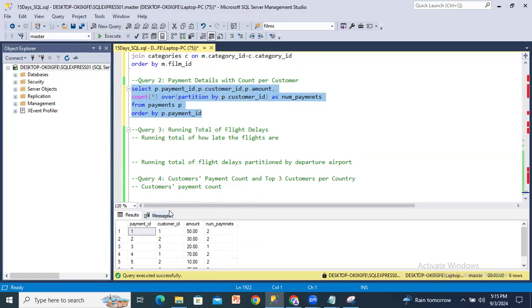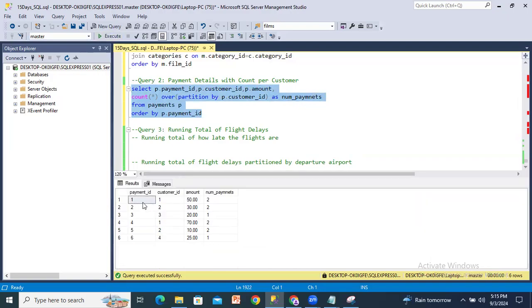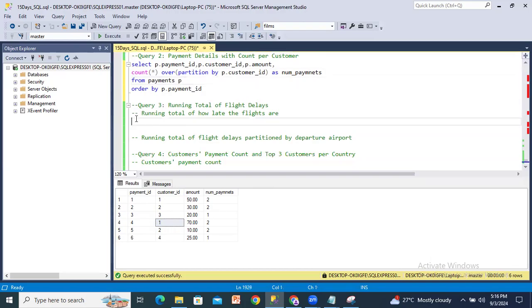Okay, so I'm getting payment ID, payment details, with count per customer. So that is the number of payments. Payment ID 1 is done, 2 payments; payment ID 2, 2; 3, 1. So each customer wise. Okay, per customer. Right. Now we'll go for another query, that is